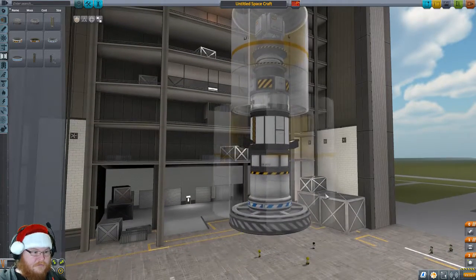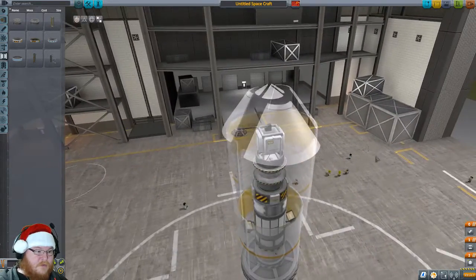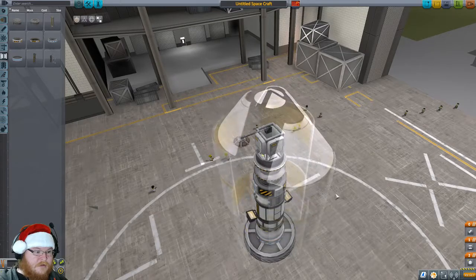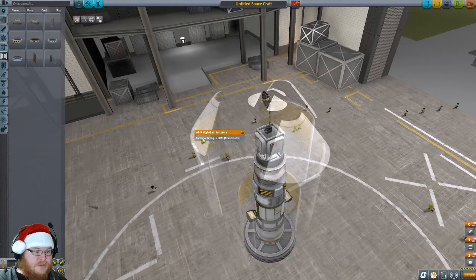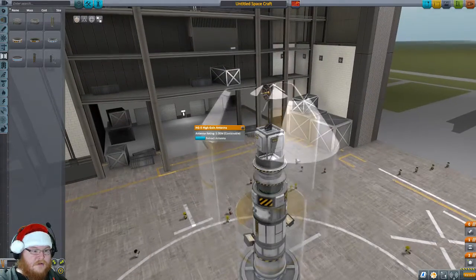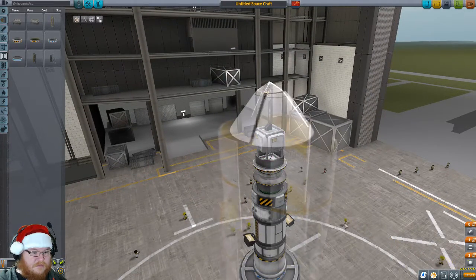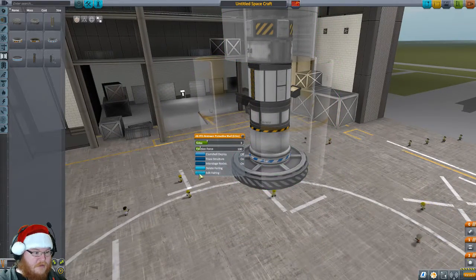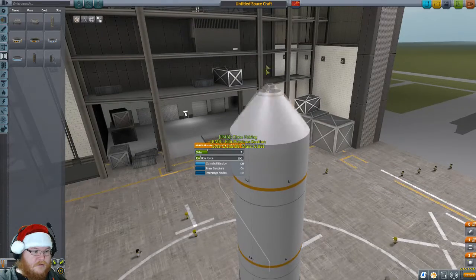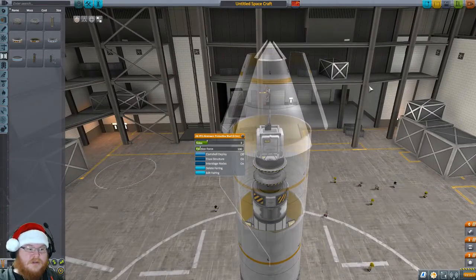Does that cover? Looks like it does. Antenna folded and all. We may even want to extend this antenna. And how do you edit this? Can we edit it? Edit fairing. There we go. There we go. Gives it more of a nose. That way,